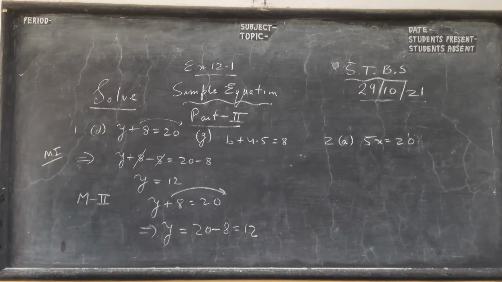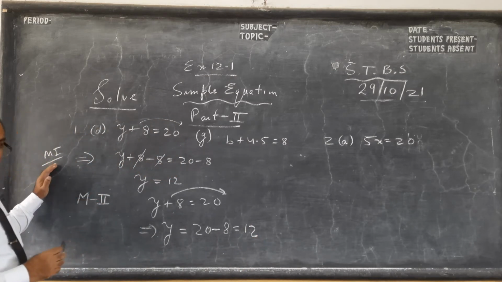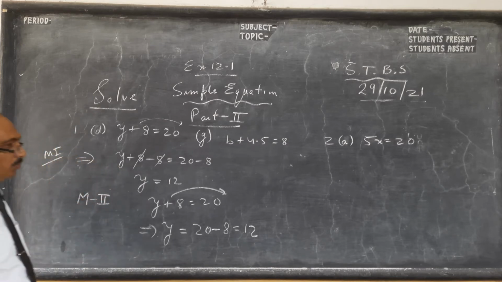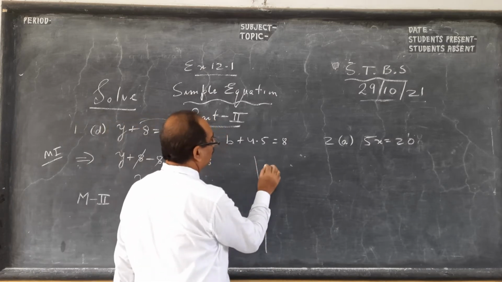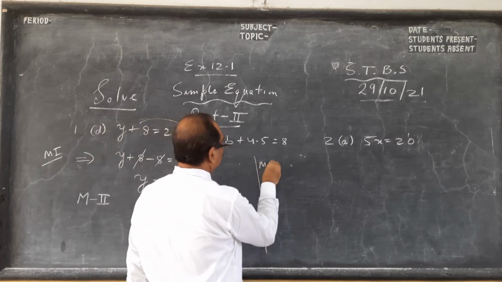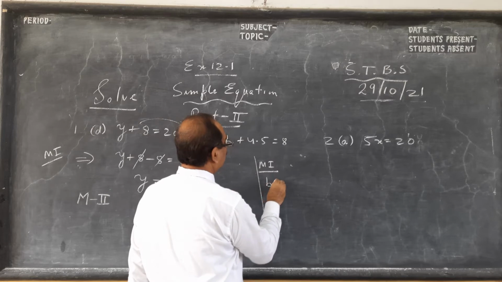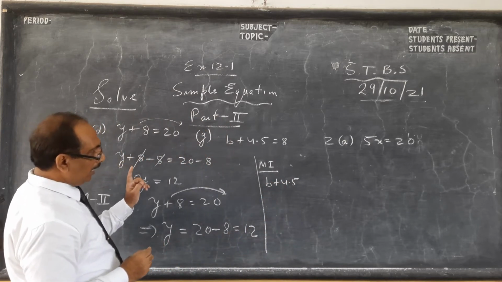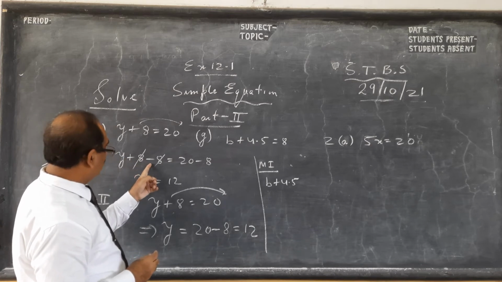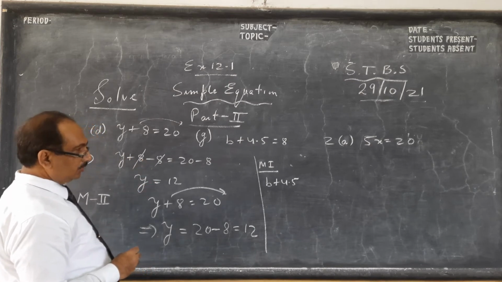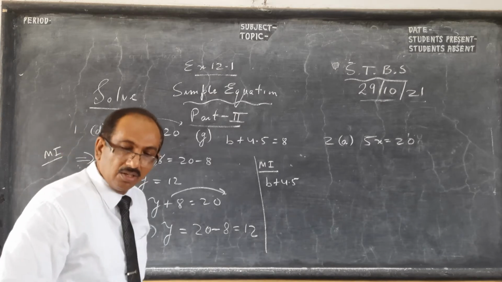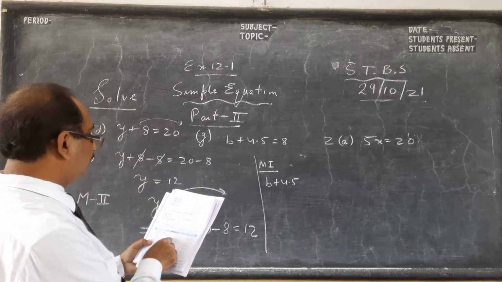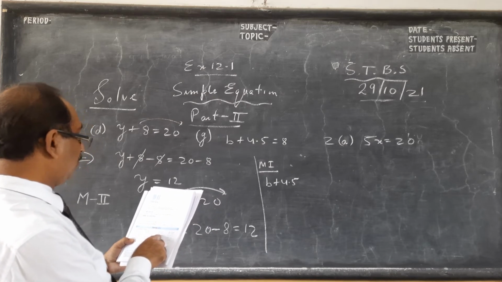So both methods I have shown you. Actually method 1, trial and error, I am not doing. Method 1 mine is the systematic method. Method 2 is transposing. Same way here, both methods I will show you. First method, B plus 4.5. If I want to remove plus, I do minus. I should have taken one question where there is minus.